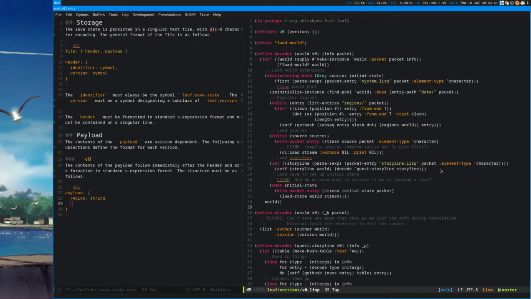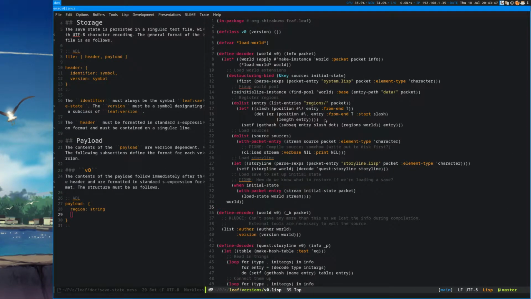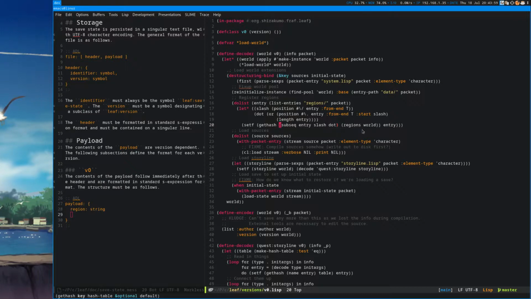Here's some more problems. The problem was that instead of actually parsing the meta file and just reading the name out, I was trying to infer the name from the file name, which is a bad idea.